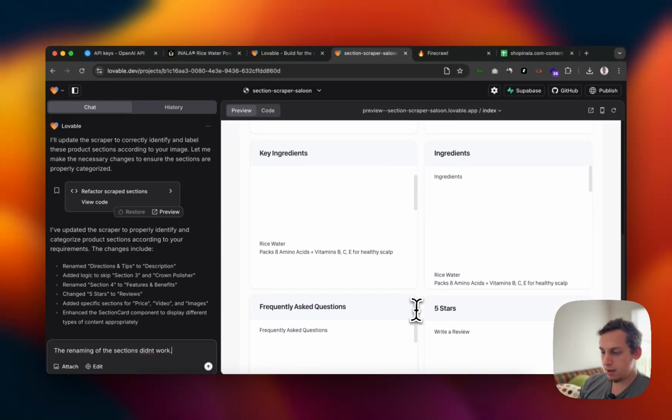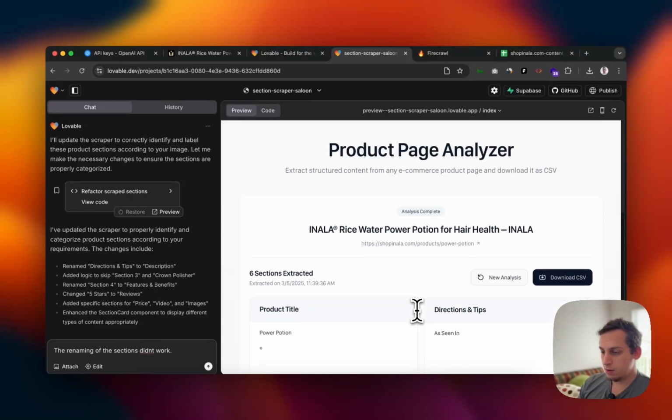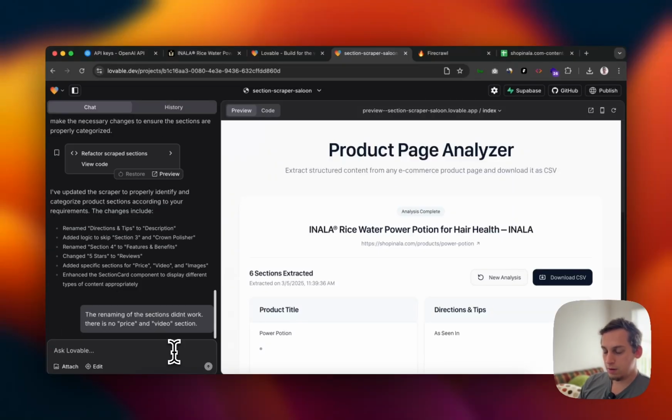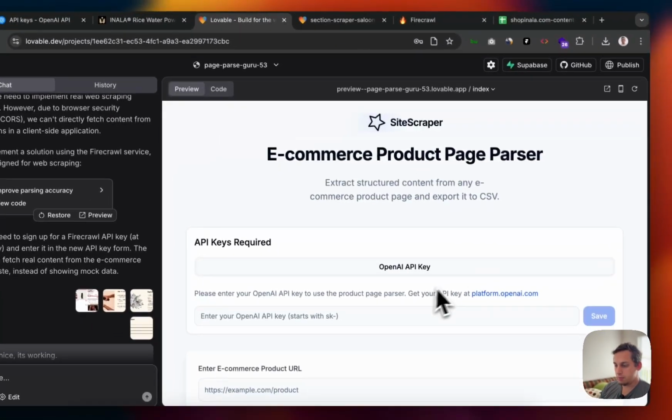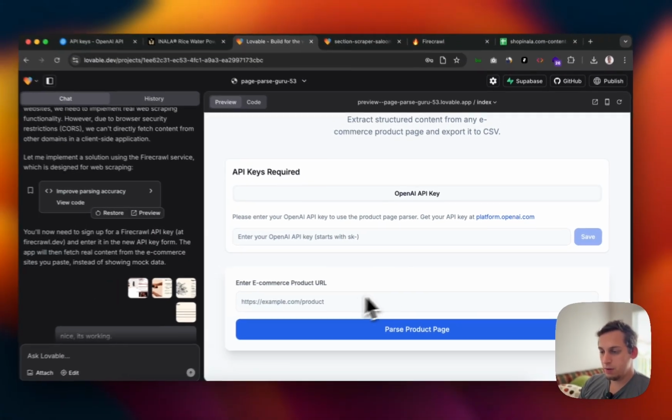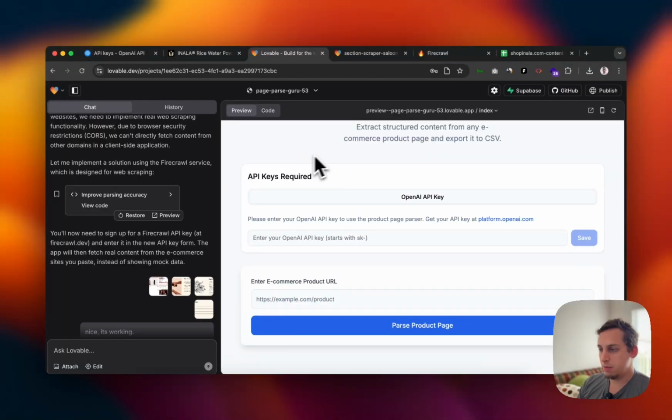Let me see if there's a price and video section. So there is no price and video section. So let's just send that over as well. And another thing that you notice from what I did here was that, I mean, we can see that in